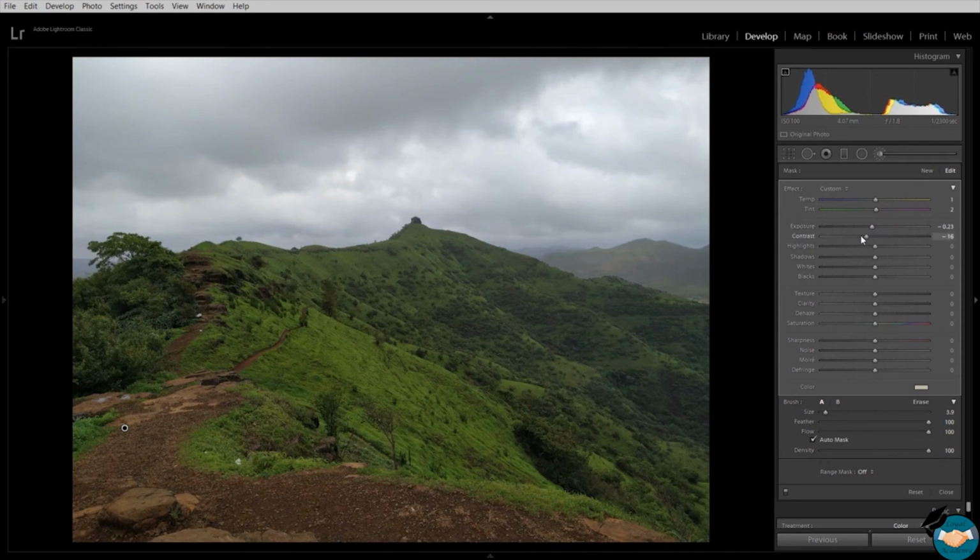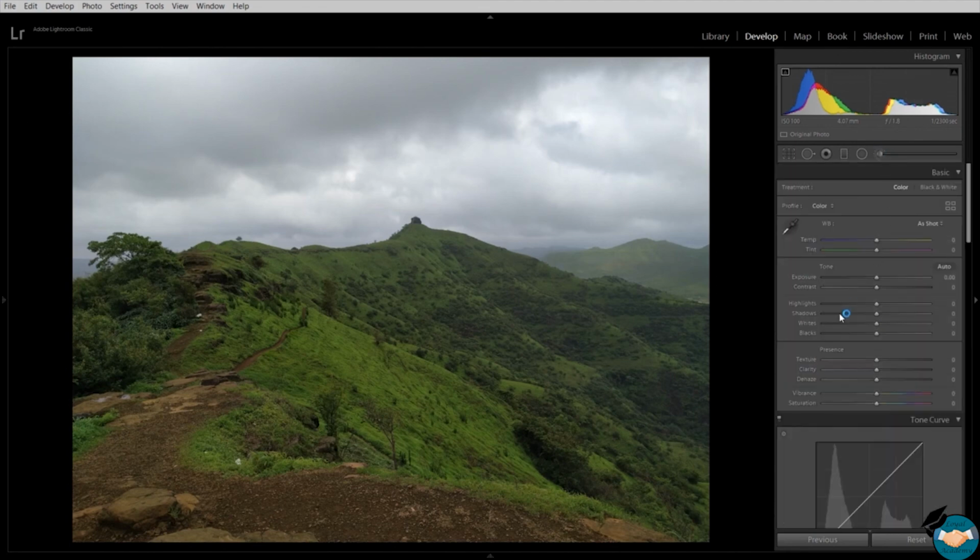You may have landscape, portrait, product photography, a different kind of photography, and you may require a mask. So Lightroom comes with a lot of tools and masking is one of them. So with the help of the autobrush tool, you can create a mask. Also, if you are unsatisfied with what you have drawn, you can also erase this autobrush using the erase tool